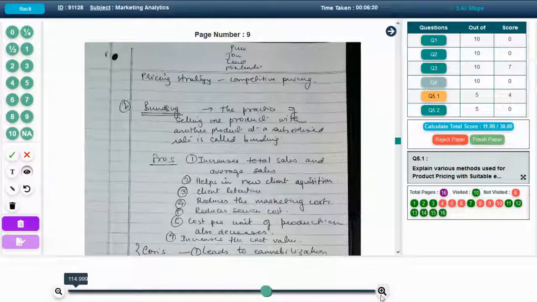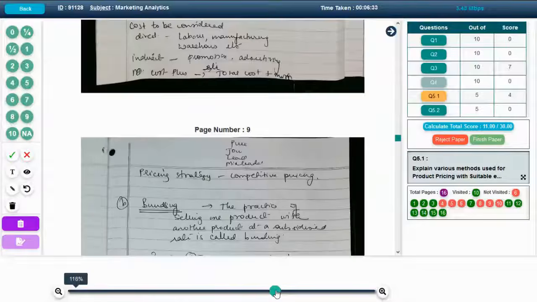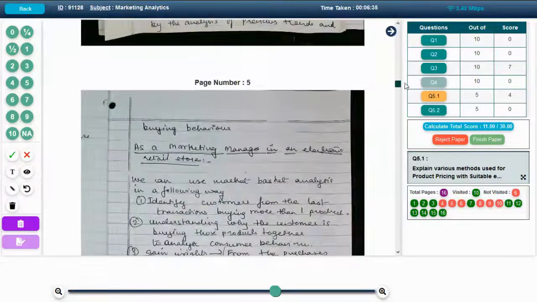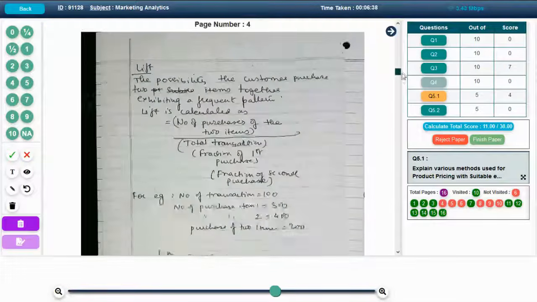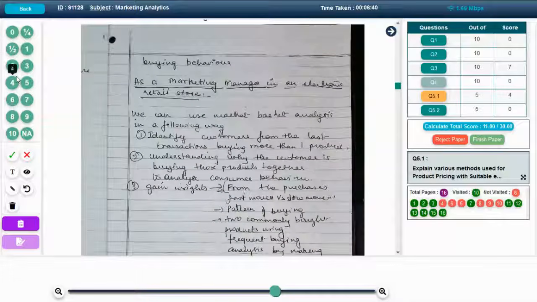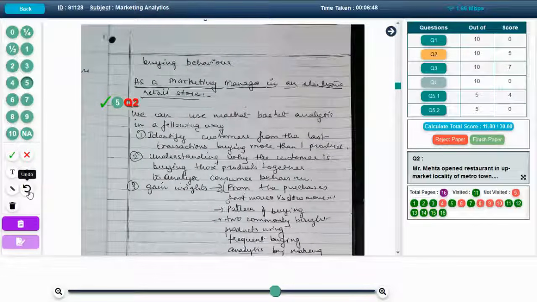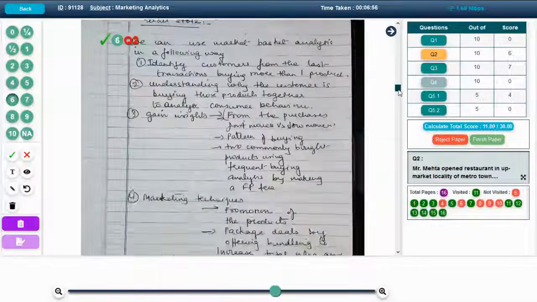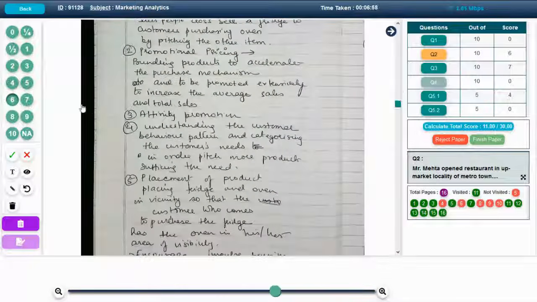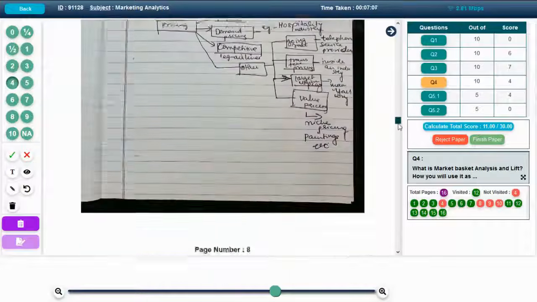Let us summarize all the features of the answer sheet evaluation process. There are various annotation symbols available to speed up your answer sheet evaluation process. You can use them with just mouse clicks. There is a facility of undo or cancel marks assigned for the particular question. The system is also able to calculate the total score automatically. It helps to eliminate possible errors associated with the manual tabulation of scores for each question. Your answer sheet checking process is simplified and it would take less time to complete the activity.